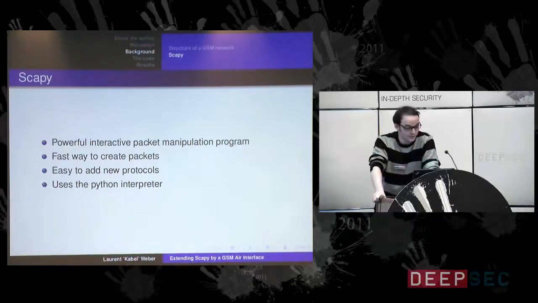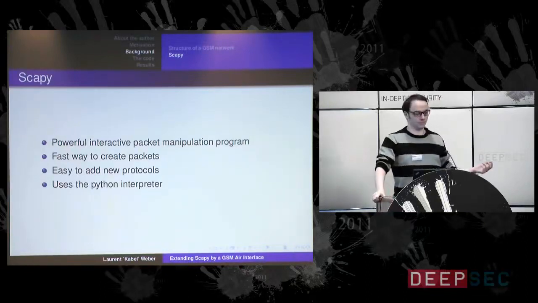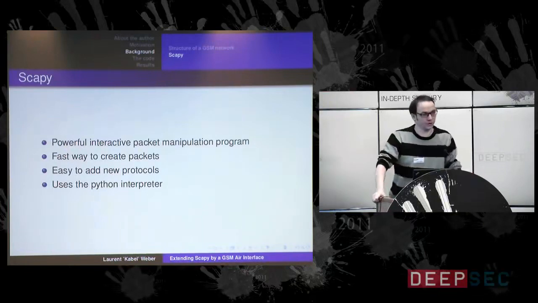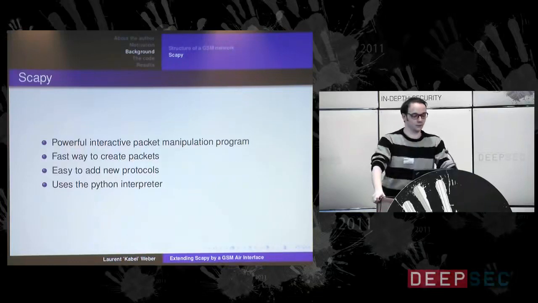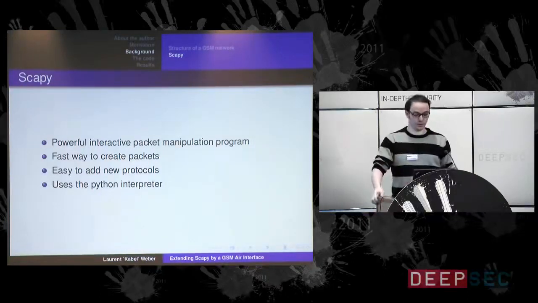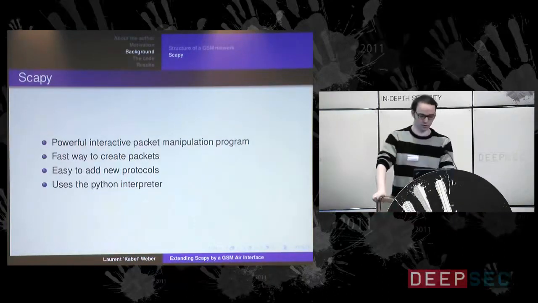Scapy takes part of the Python interpreter. This allows you to use every structure you know from programming, like loops and conditions. That makes it really easy to write scripts to react to some incoming packets and do some clever fuzzing or whatever you want to do. You can write scripts, or if you only want to test something, you can also specify it in the command line and so on. I really like that tool. I use it often in CTFs, but I think in real life it's very useful.